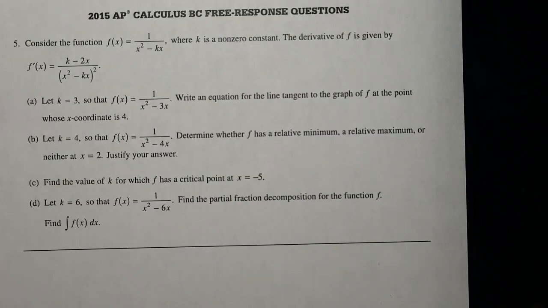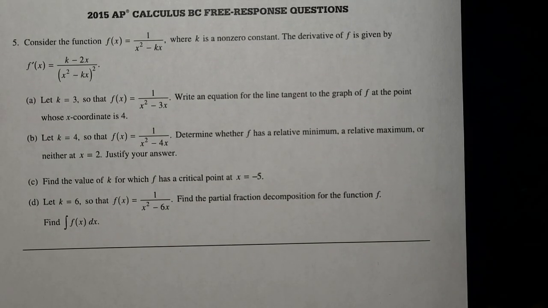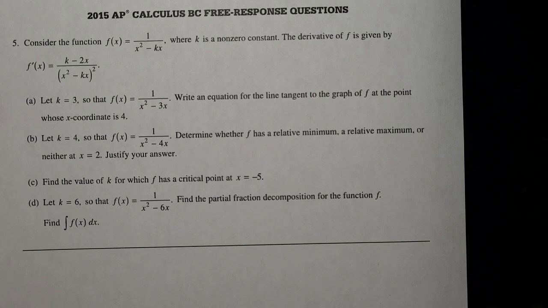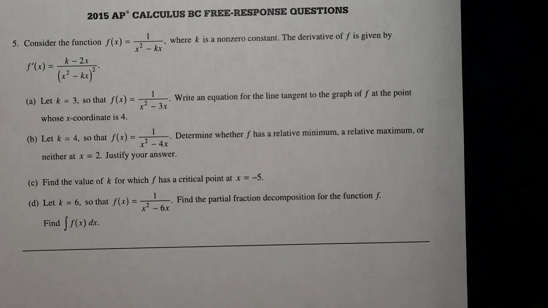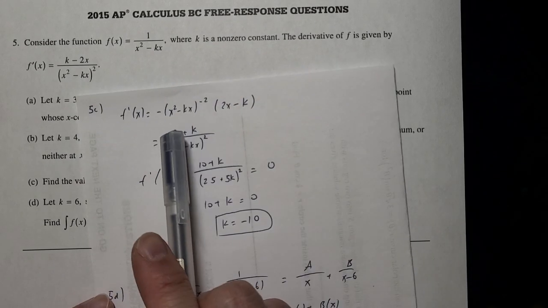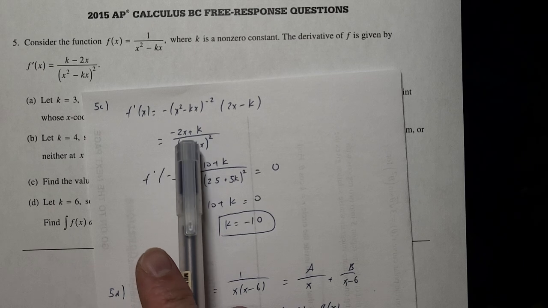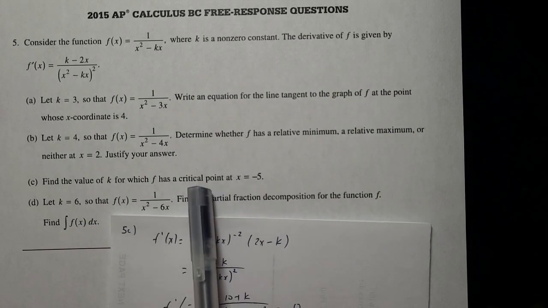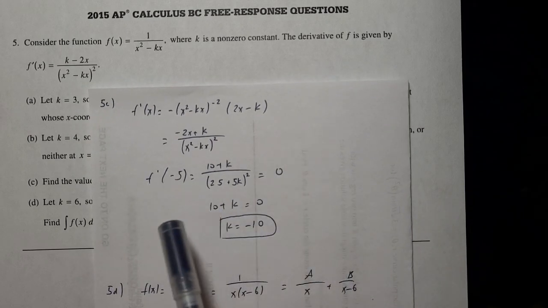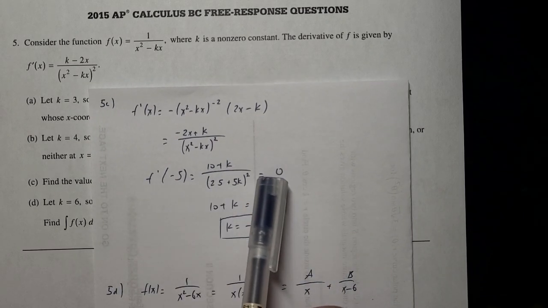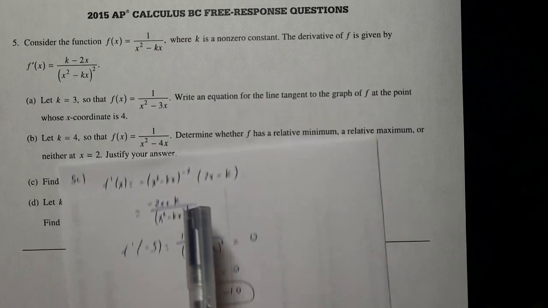Okay. Part C, find the value of k for which f has a critical point at x is minus 5. Okay, critical points are when the derivative is 0 or undefined. So let's find the derivative of this in a general sense. Same thing as before, power rule, chain rule, which simplifies to that. And as I said, the critical point is when f prime is 0 or undefined. So let's try 0 first. So I set f prime, this guy, at minus 5, that's what it's asking for,